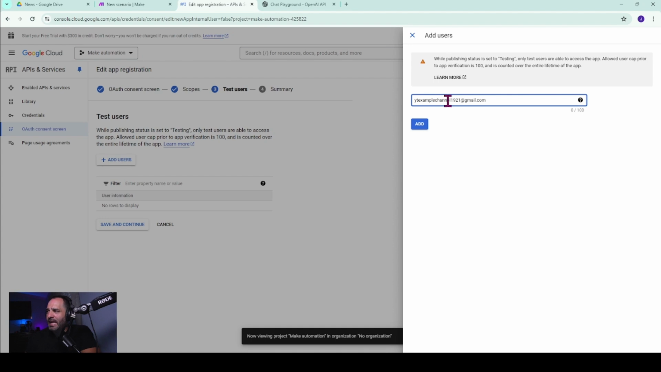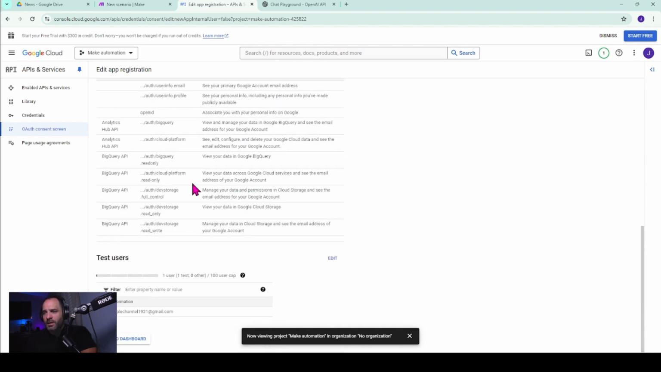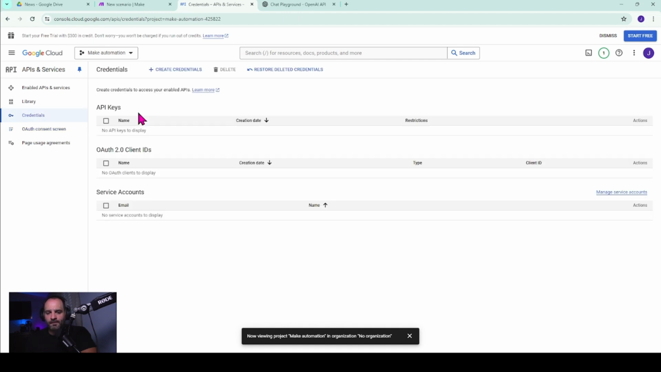I found that if I didn't add your email here, it doesn't work. So you do have to add your email to this and then save and continue. So now the next step we need to go to is credentials. Within the credentials, we need to go down to the